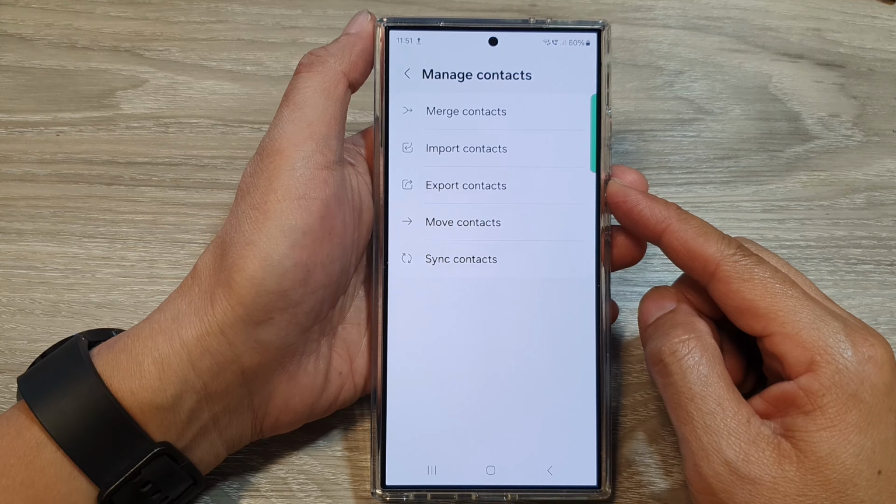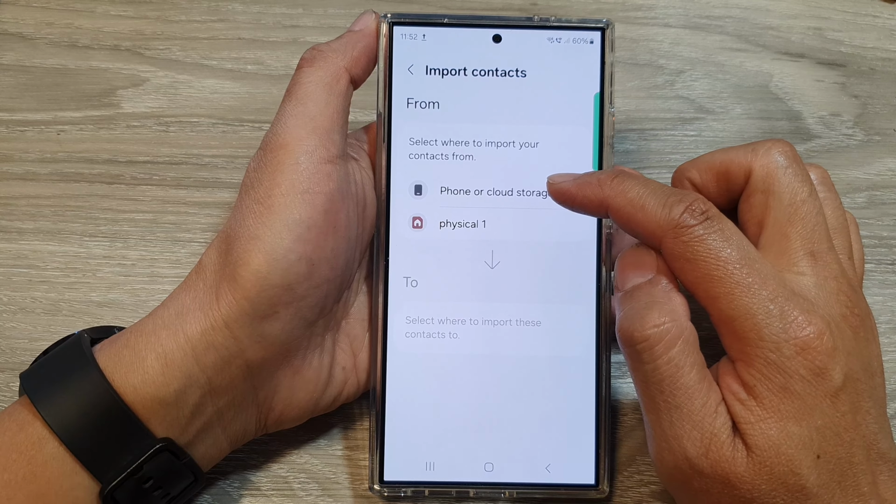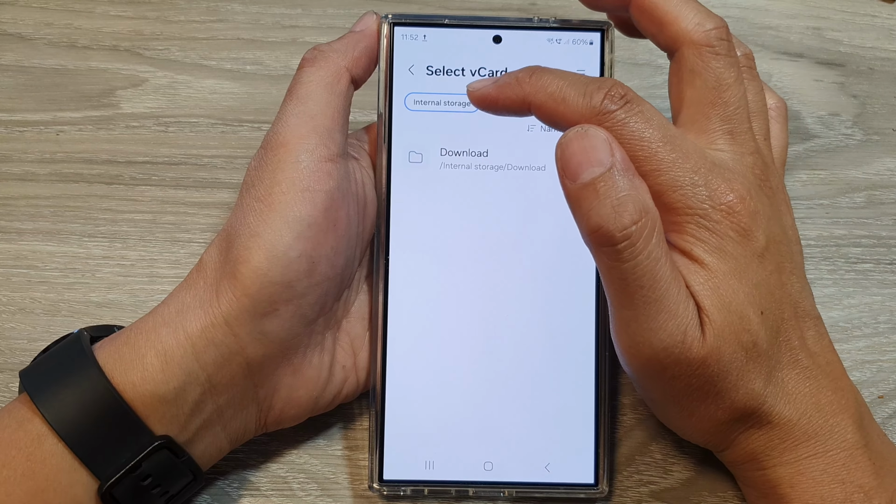Next, tap on the menu button, then tap on manage contacts. Next, tap on import contacts, and then choose your source. You can import it from your phone or from a cloud storage, or you can import it from the SIM card. So here I'm going to choose phone or cloud storage, and then that file can be stored in internal